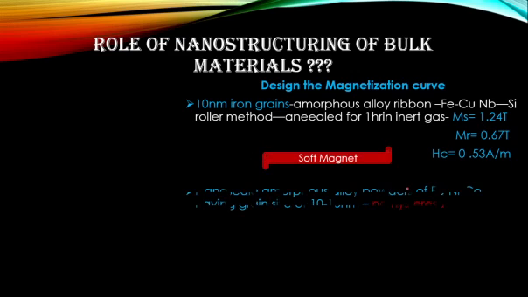Okay. So what is your inference? Such a material is a soft magnet because the coercive field is very small, which means only a small magnetic field needs to be applied to make the remnant magnetization zero. So such kinds of magnets are soft magnets.